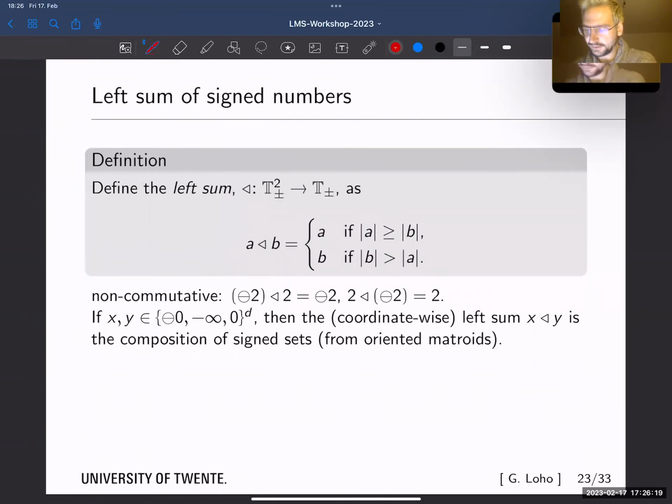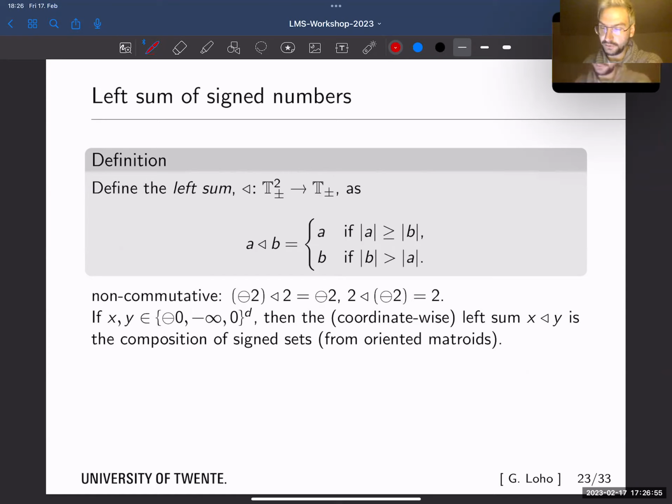However, also to give an interior description, remember for TO convex sets, I started by saying, well, I want to take convex combinations in some sense. Well, then we had to see how to deal with cancellation. For this, we used this blown up operation for balanced entries, or equivalently the hyper operation. Here we have to use, I'd say, a more complicated workaround, namely what we call left sum,